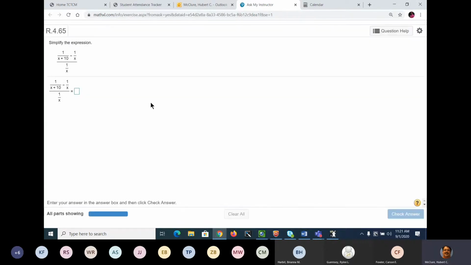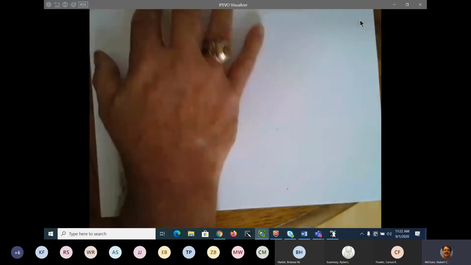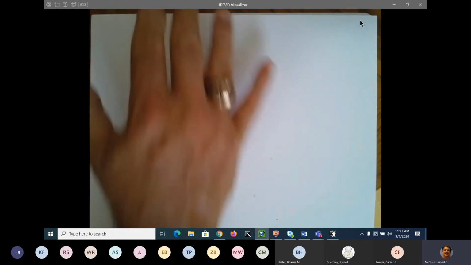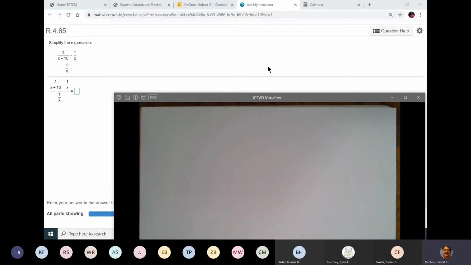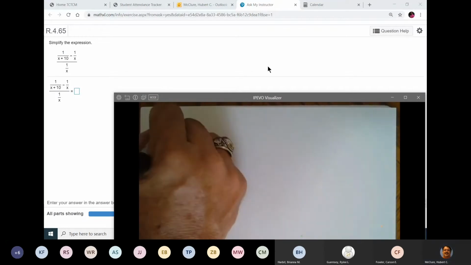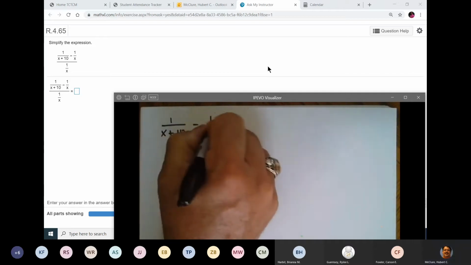Okay, good question. That's a good question because you got to know your algebra in this class. So let's go ahead and do this one. I'll bring up that question, and that is a test question on the review part. I would put that on the test. So let me minimize that. And that's going to be 1 over x plus 10 minus 1 over x